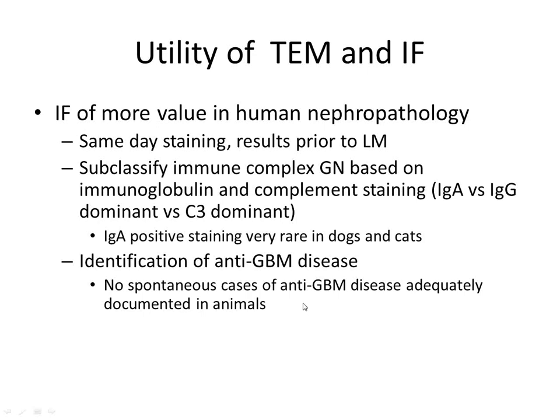There are no documented cases in animals. There was one report, I think in Jubb, Kennedy, it talks about one case report in a horse, but I looked at the paper and it actually isn't. The horse had no glomerular disease at all on histology, so it wasn't correct. I think it was kind of overinterpreted, and that was from the 1970s. And we haven't ever seen it again, and that's probably because it's not an actual disease in horses. So anti-GBM disease, I have not seen a proven case in animals.